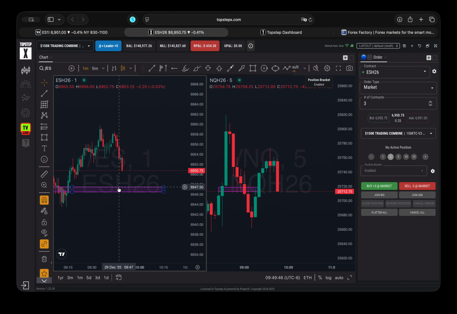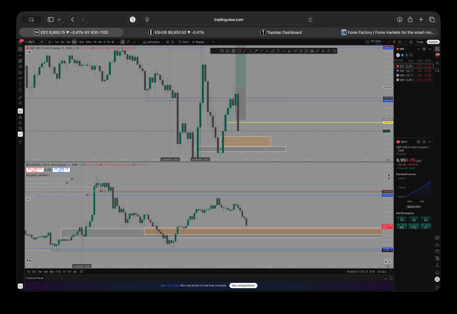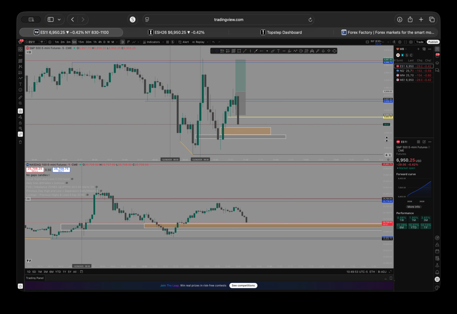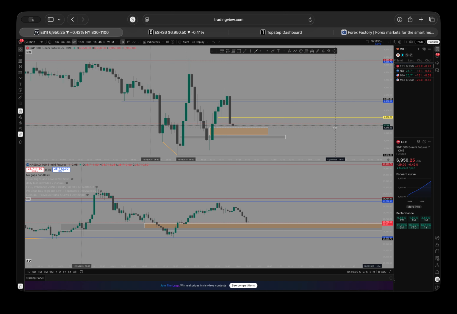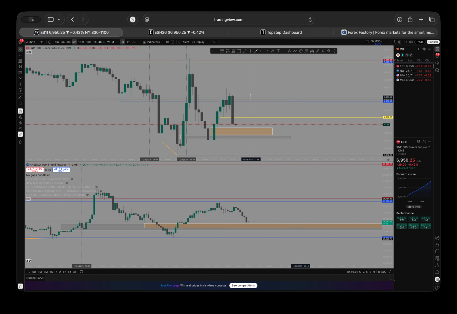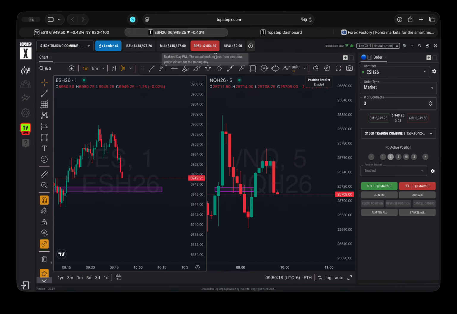Though our fair value gap is still here. Alrighty. Let me remove this. I still think price will go up here at some point. If it closes above here again, I'll still take it up because I do believe that price still wants to go up. It's given that indication a couple times, and on the bigger time frames, it wants to be up. But for now, we can just say we've lost 654